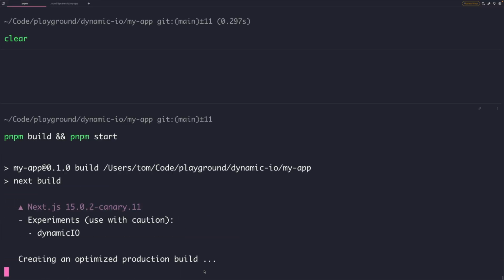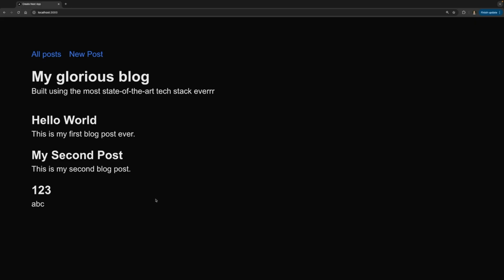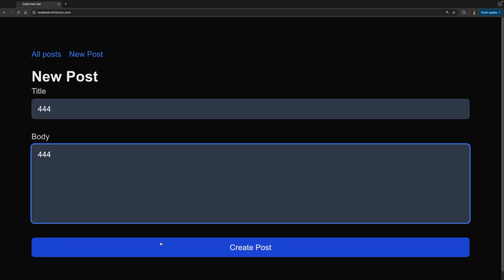Let's put it to a test. First, we'll create a new build to mimic how the app would behave in production. We can see that currently we have 3 posts, and upon hitting the create post button,